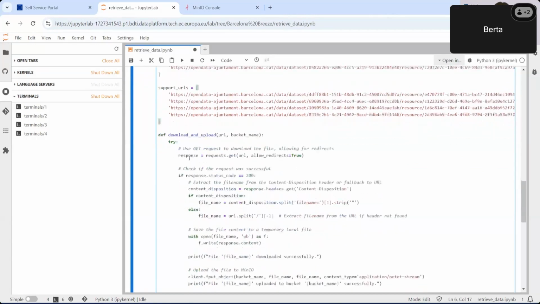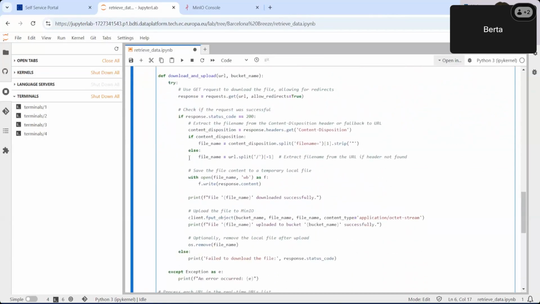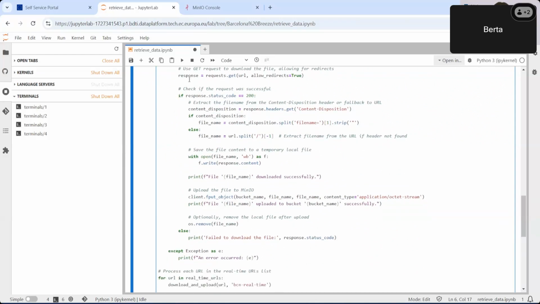Then we're defining a function that will use get, so requests.get, to make an HTTP call to each URL and save the response. Then once we do a call, we're getting a status code. So if we get 200, it means that it was successful. And if we get anything else, we just fail to download the file.